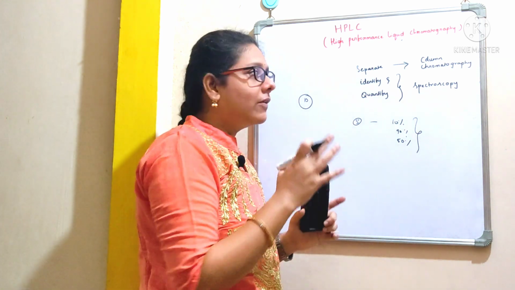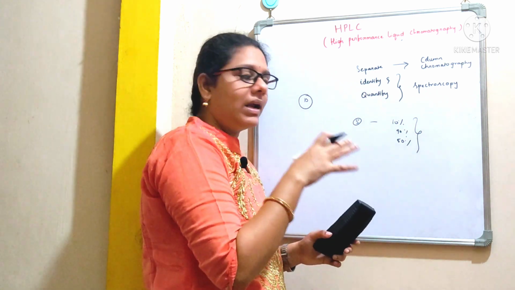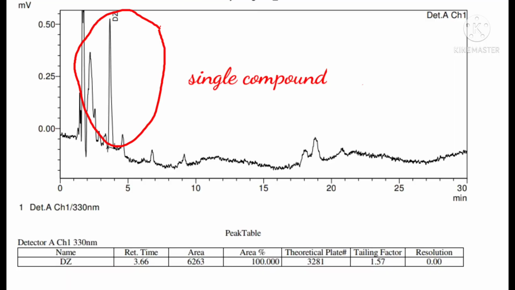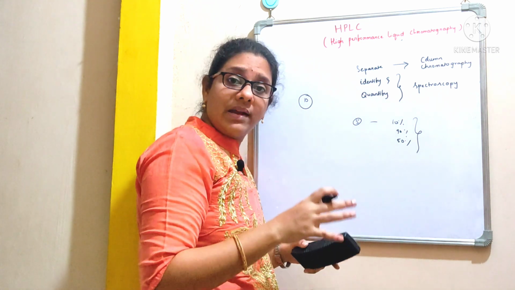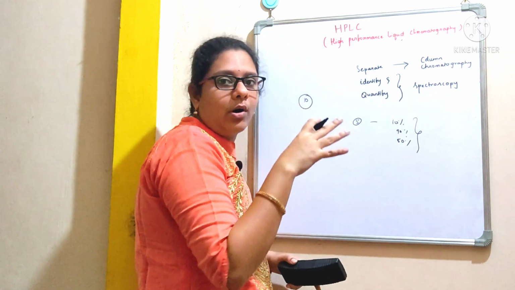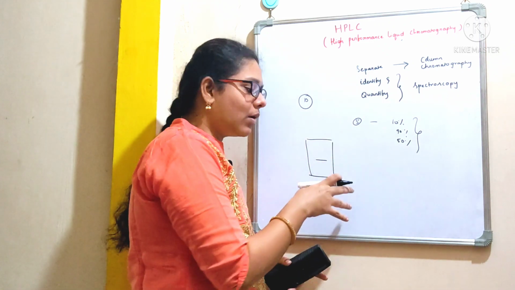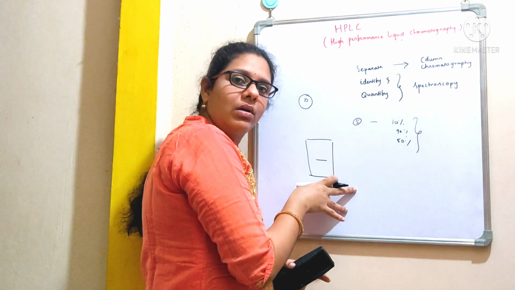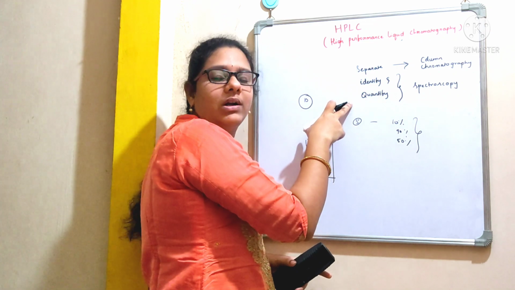Earlier we discussed that with the help of this chromatography technique, it is possible to isolate a compound in a pure form, right? I'll attach a picture of my work that I did during my PhD. What I did was I isolated a compound from a plant source, and I just wanted to check whether that compound is in pure form or not. When I performed TLC, I got a single band, which indicates that my compound is in a pure form. But still I want to check whether it is completely pure or not by performing HPLC, because here it is possible to identify the compound and quantify the compound.